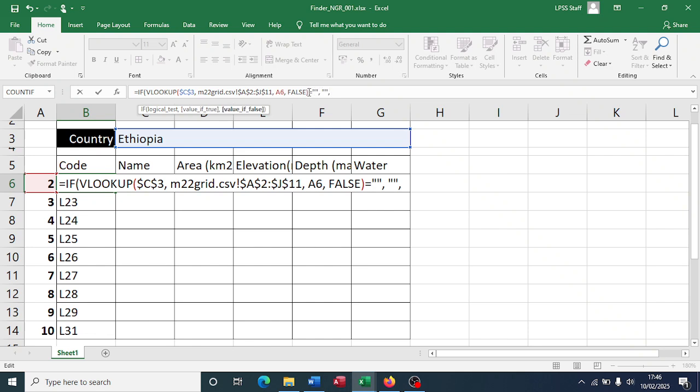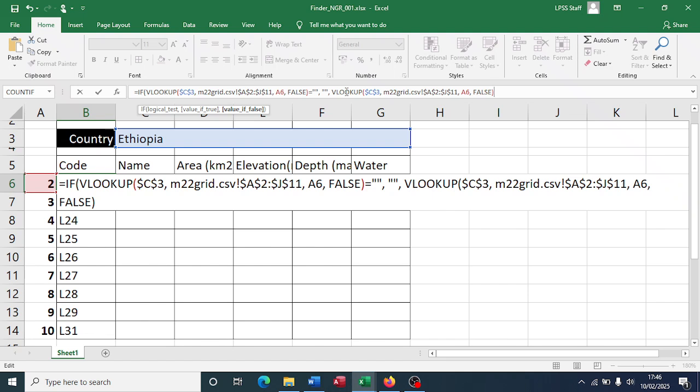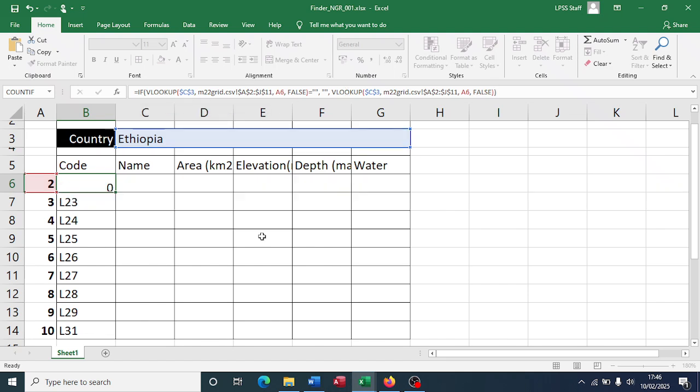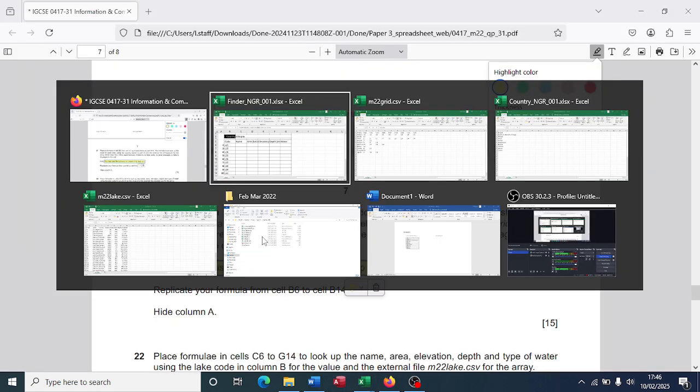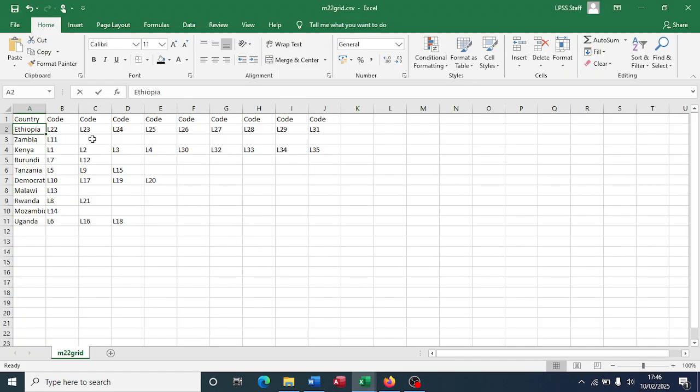Else, we want it to return the value in the VLOOKUP. So if there is no value in that cell that we are looking in, in this grid, for example, Zambia only has a value for 2. From 3 to 10,